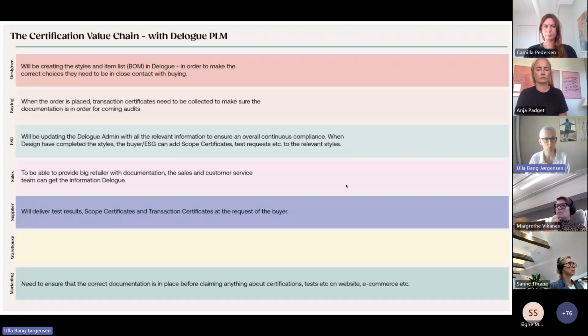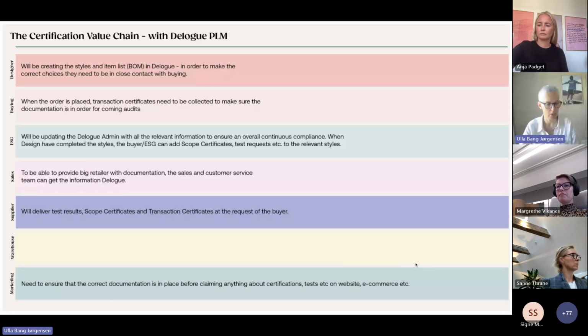The ESG manager, or whoever is in charge of this within the company, will keep track of the whole skeleton, the whole admin part of your compliance plan within Delog. Sales need to be able to access information about compliance, and they need to be able to provide the customer service with information they can pass on to their customers. Suppliers will have to deliver all the test results, the scope certificates and transaction certificates on request. And of course, marketing needs to ensure that they're not saying anything which is not in compliance with what's happening within this company,